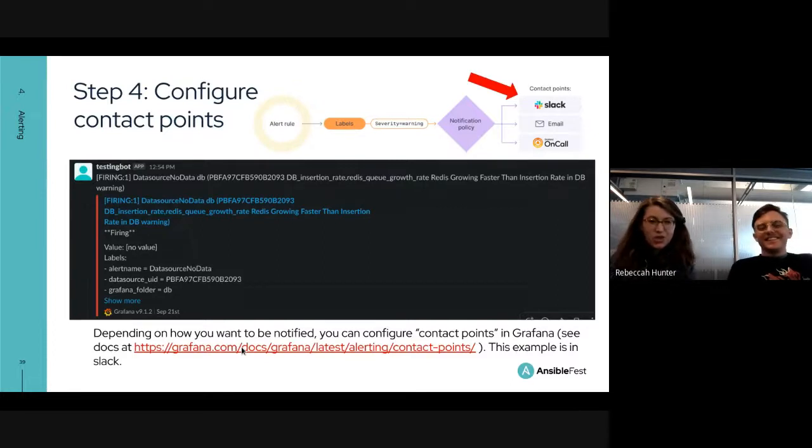Ooh, all right, so the chart has come back from earlier. The contact points are on the right-hand side, and you can choose whatever you want. AlertManager or PagerDuty is very popular. So we are using Slack here. This uses Grafana's AlertManager, and this is an actual Slack message to our internal Slack that has let us know, hey, your Redis is growing faster than your insertion rate in your database. It has hit that 2-minute allowance that we've already given it, and it has sent us an alert.